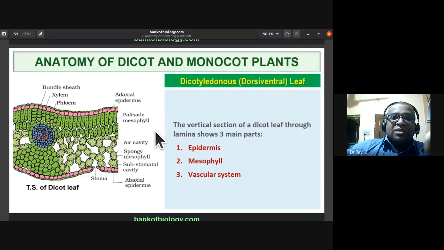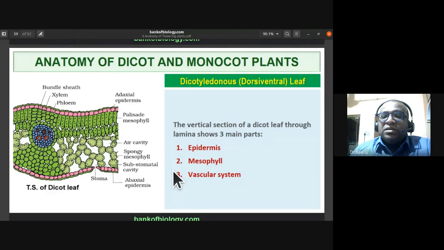This is all on the basis of external type. In the examination, they might ask you to write about the dicotyledonous leaf, or sometimes to draw the transverse section of a dorsiventral leaf, which implies a dicotyledonous leaf. If they ask you to draw the transverse section of an isobilateral leaf, they are asking for the transverse section of a monocot leaf. First, know the external features: the dicotyledonous leaf has reticulate venation, and the monocotyledonous leaf has parallel venation.